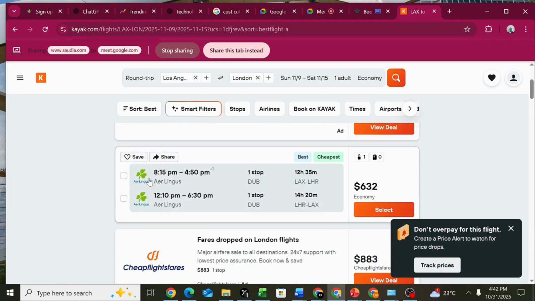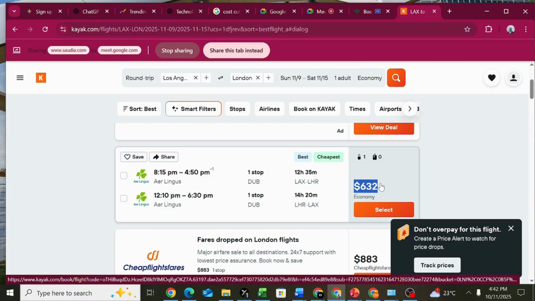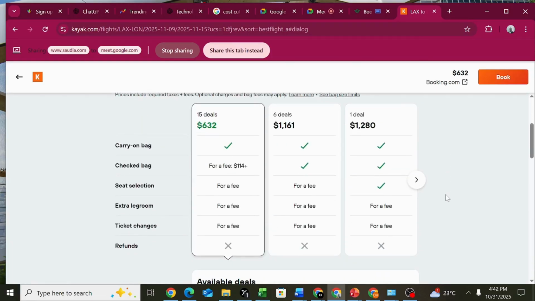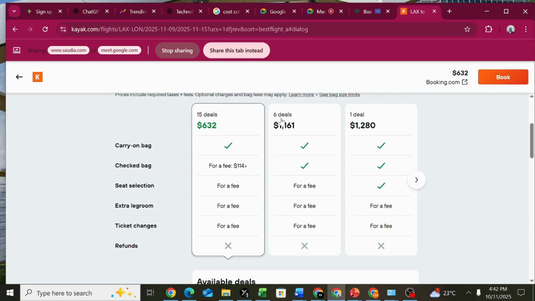We have a cheaper flight. It is called Aer Lingus. I don't know how it is pronounced. This one will cost $632. So you can even see the site will give you these packages. You have one deal, you have 6 deals of this amount. Then we have,